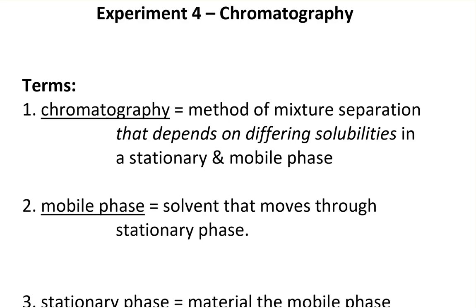Experiment 4 is on chromatography, and chromatography is a very powerful method to separate components of a mixture. Sometimes the point of doing chromatography is to separate the components of the mixture, but sometimes it's to identify a particular mixture. And you've probably seen something like this before, maybe in a crime show or something where there's some little graph, maybe on a computer or maybe on a printout, where they say this is the signature of the gasoline that was used at